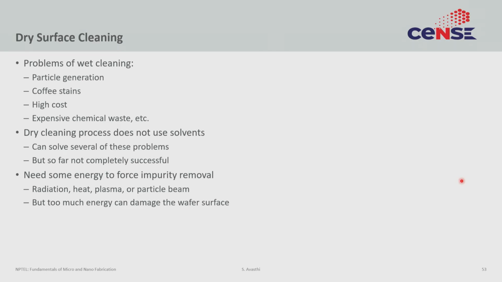What are the ways in which we can get rid of liquids? Well, we have to provide the energy somewhere to get over the adhesion force, right? So that energy can either come from radiation, which is heat, or radiation can be UV. So UV, heat, plasma, or a particle beam, just mechanical energy from a particle beam. But remember, you always have to play that game where you want to do the cleaning, but you don't want to create damage. So remember that curve.